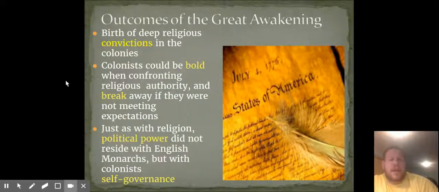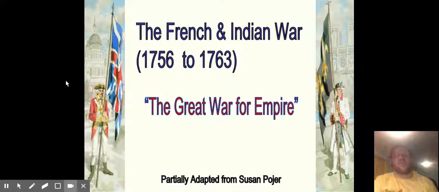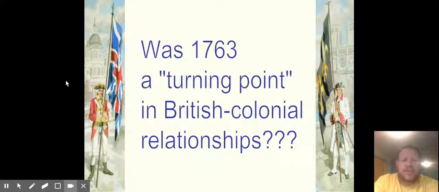And we'll kind of connect that to our next event, which will be the French and Indian War, the last thing we look at in this unit, going from 1756 to 1763. And we would call this the first kind of Great Empire War because it's the French and the British fighting for who's going to be in charge. So the big question we talk about is,